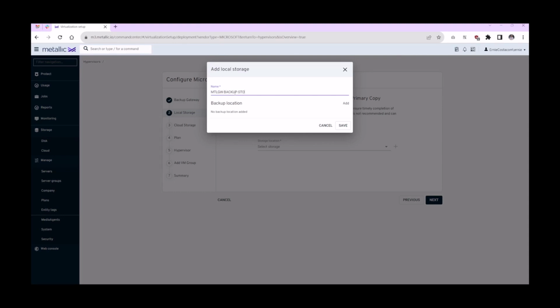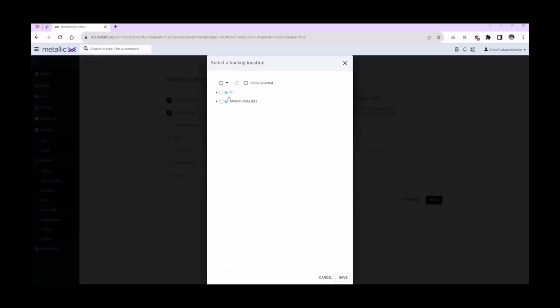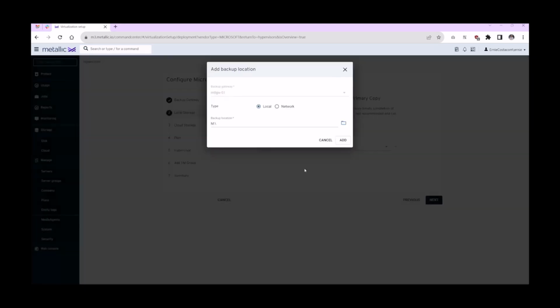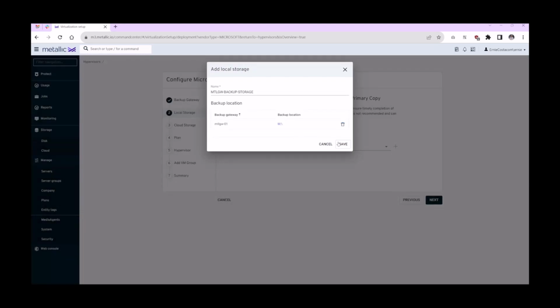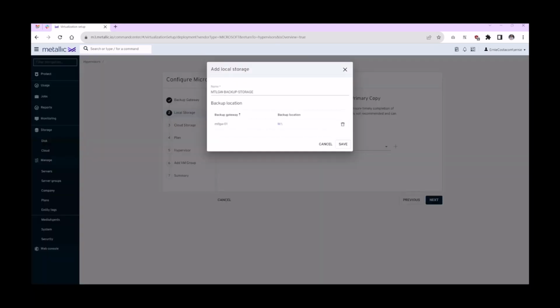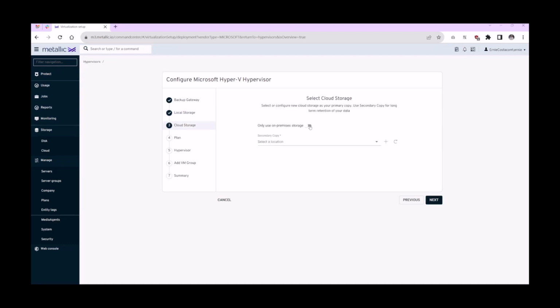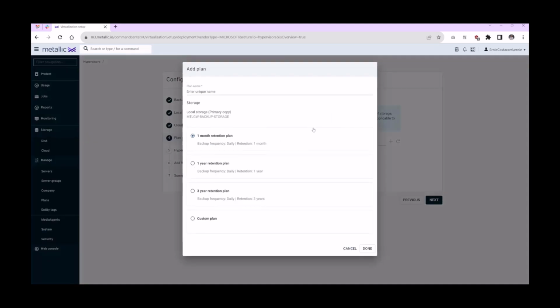Now we need to configure this policy for Hyper-V for Azure Stack HCI with local storage. At this point, this is where you configure for the first time the actual disk location you want the data to go to. So I had that M drive that you saw before that had like 500 gigs. We're picking it as the backup location. You will be prompted next if you want to do any backups to the cloud itself using MCSS storage. Like we talked about earlier, we're not going to worry about that for the sake of this